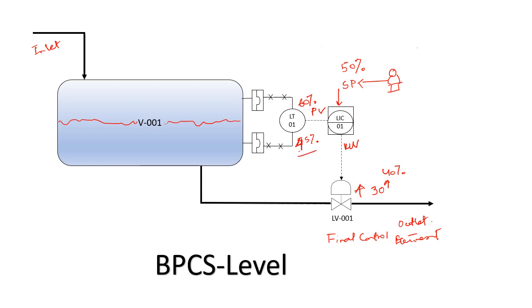Now when it is 45%, your set point is 50%. So basically your level should increase now. How can you increase it? Your outlet flow should decrease. So from 40%, suppose you decrease it to 35%. Now when you decrease it to 35%, the level maybe now goes close to 49% or 51%, and